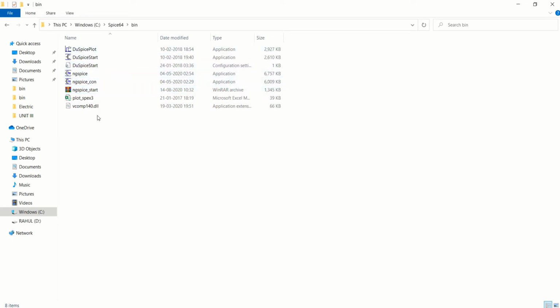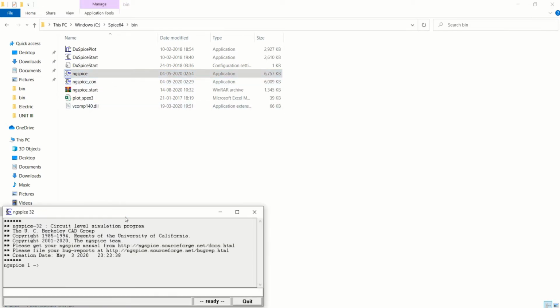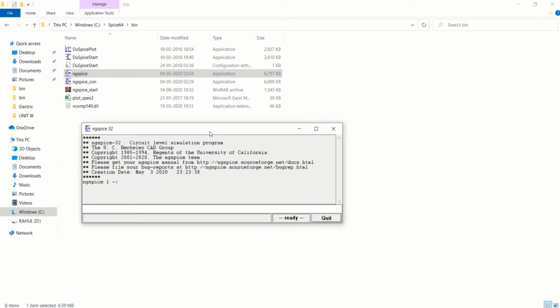Now to start this particular ngSpice, you can just double click on the ngSpice application. Double clicking on that, you will get an ngSpice simulator ready to run. By loading or pointing to your source file directly, you can run the simulation and view the result.